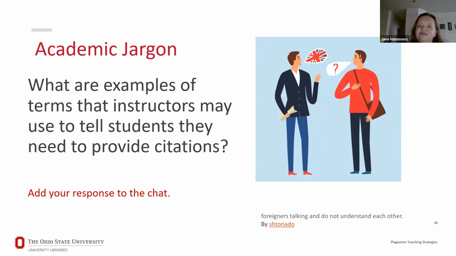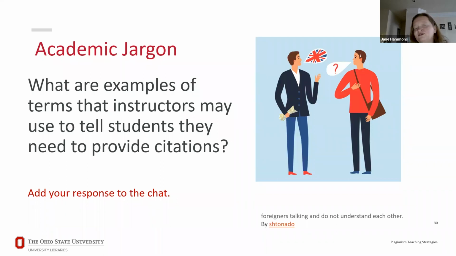And I'm going to give a response that was shared with me by a participant who's here today, who's attended some of the previous workshops, who got an email from a student who had not provided citations and realized that the instructions that were given were to provide evidence, and that not all students were going to automatically understand that evidence meant to provide citations.